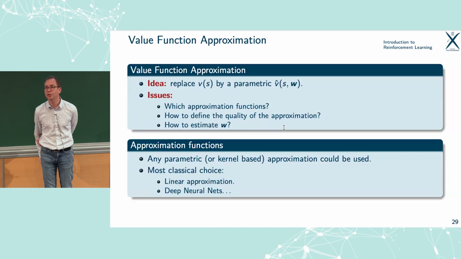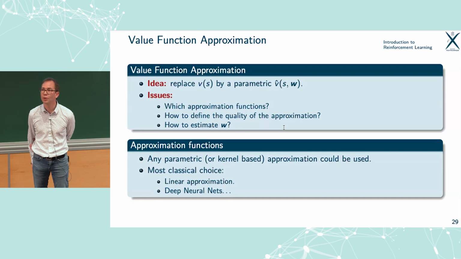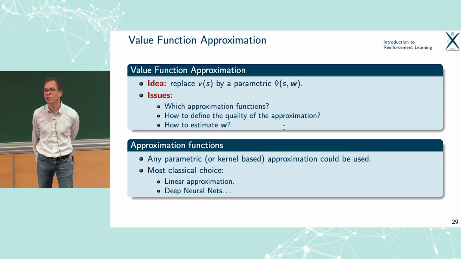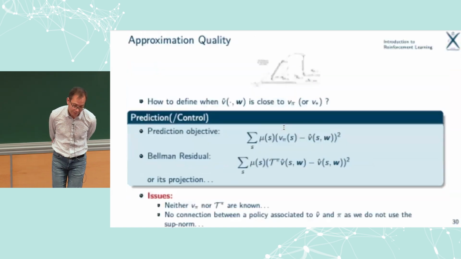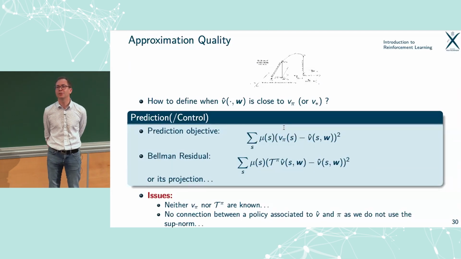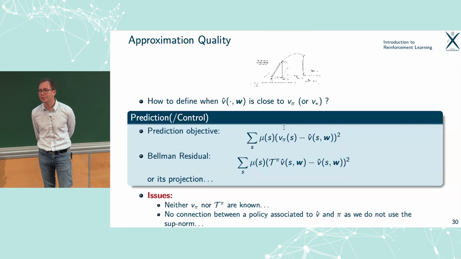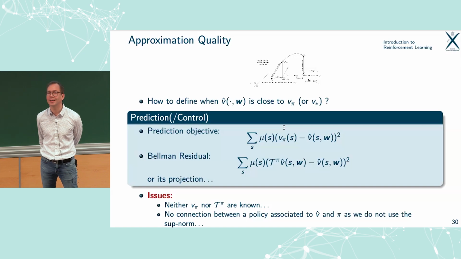What about the parametrization? In the reinforcement setting, there are basically two worlds. The world of linear approximation, in which we can prove something, and the world of deep learning, which is going to work. It turned out that it's much, much harder than supervised learning, because as soon as you add approximation, you need to have some kind of idea of how to measure the quality of the approximation. And it's far from being obvious.